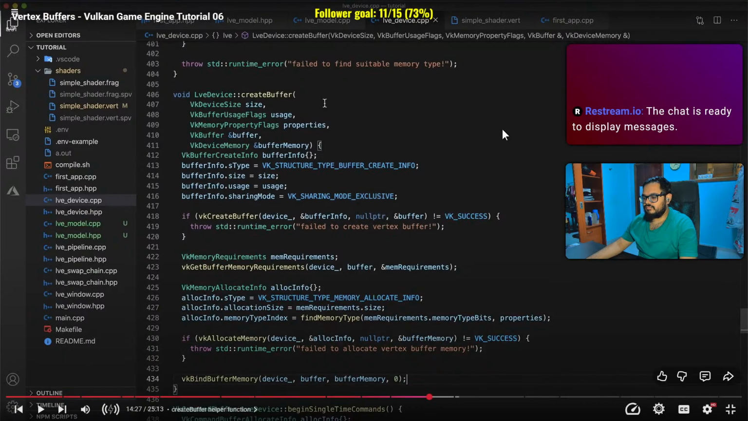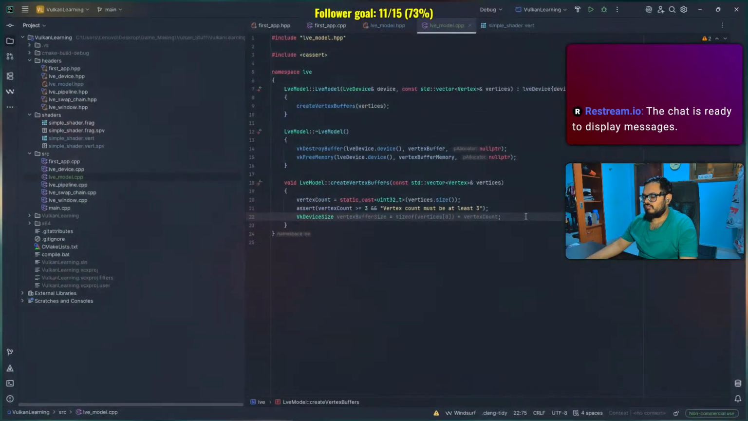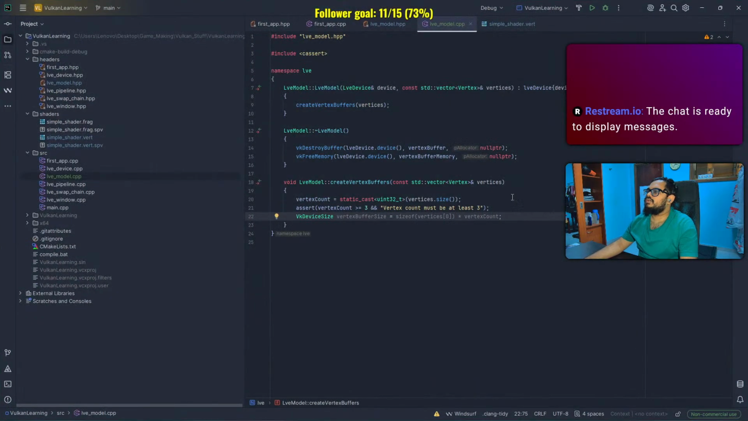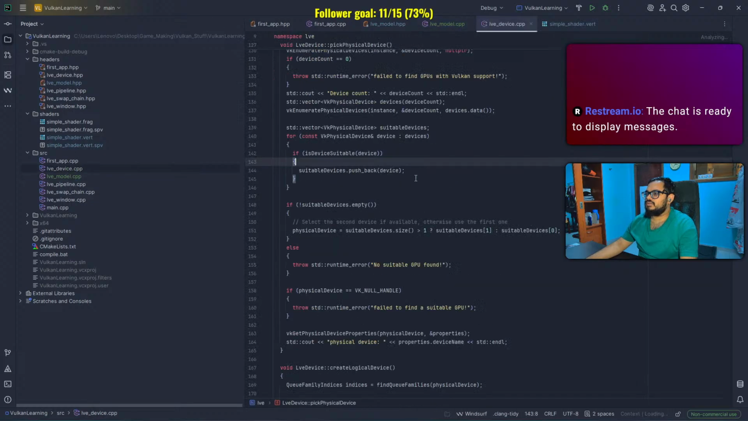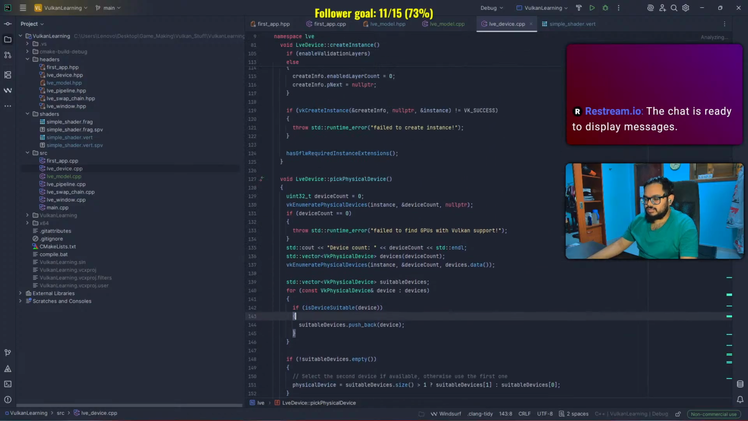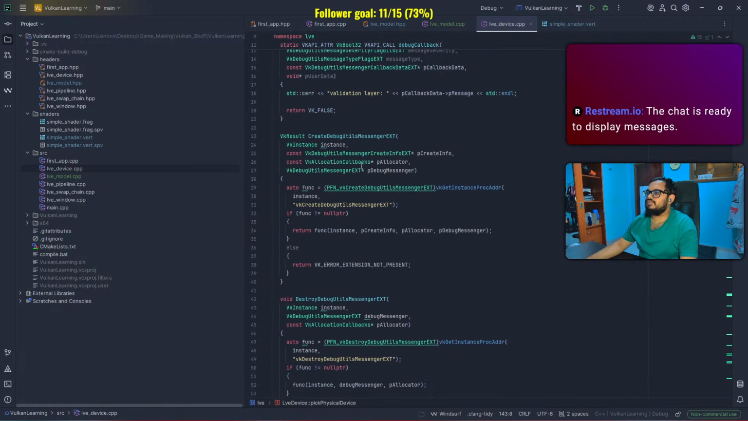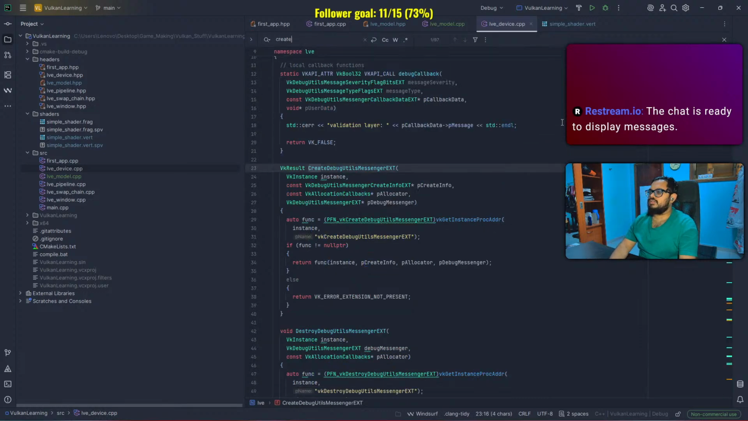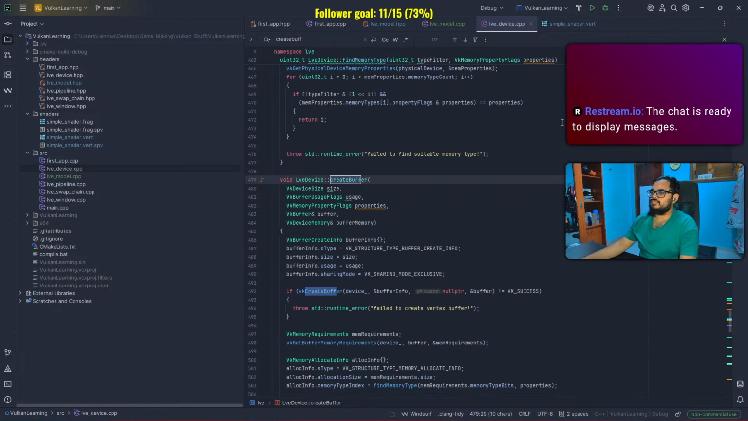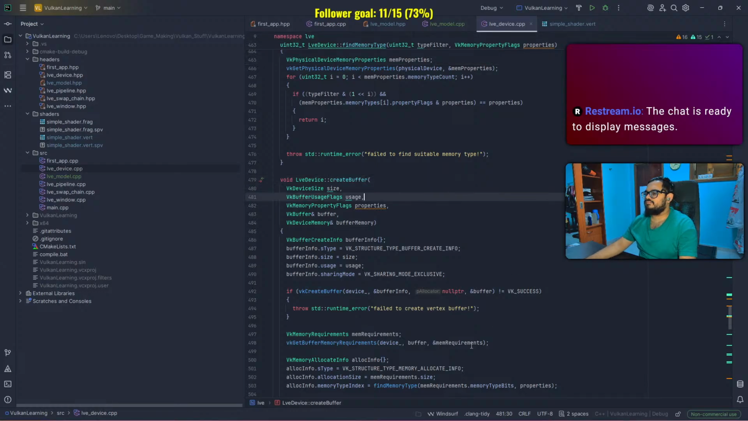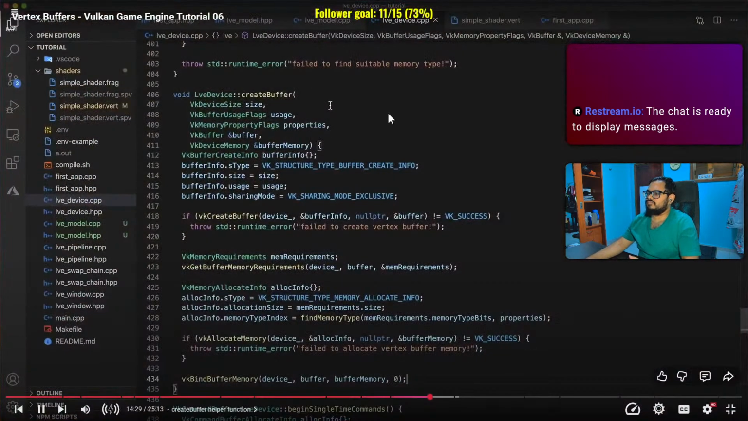So the createBuffer function in lve_device.cpp. Okay, which function is he looking at? Create buffer. Control F for create buffer. Okay. Yeah. It takes the buffer's size, usage, and